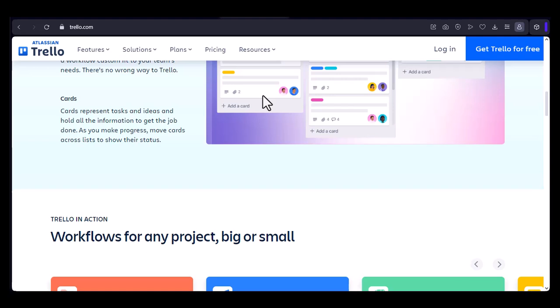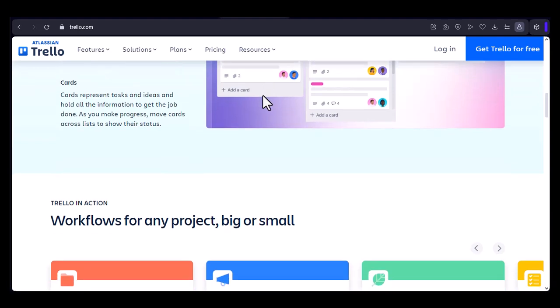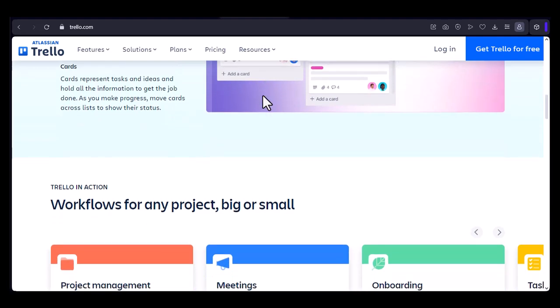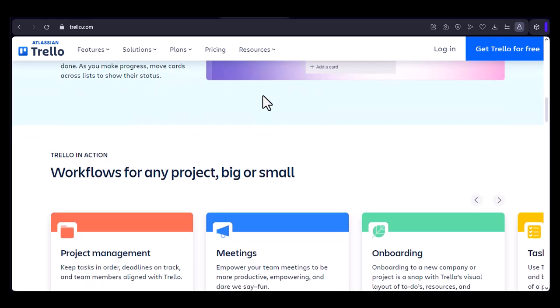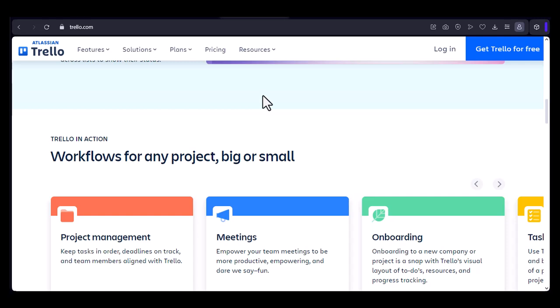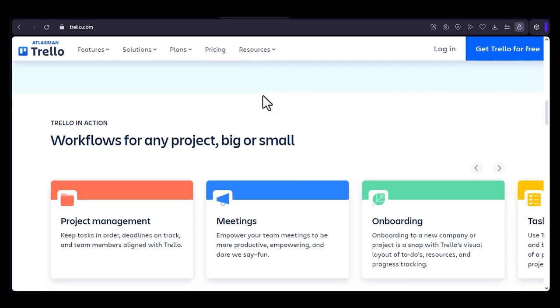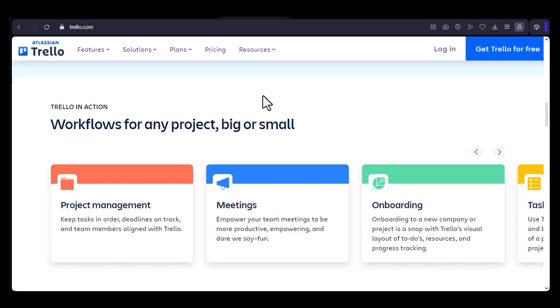Let's create a new board called Personal Projects. We can add lists like To Do, In Progress, and Done. Now, let's add a card for Write Blog Post. We can add a due date, assign it to ourselves, and even add a checklist to break down the task